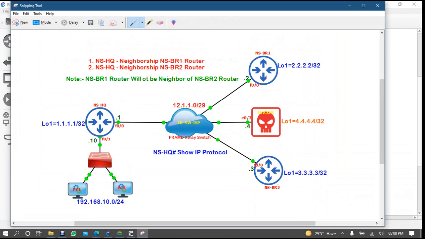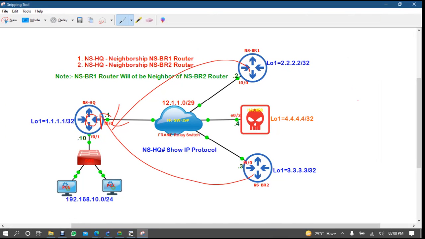Now understand it. This is your headquarter router, right? Headquarter router is receiving an update from branch 1 and an update from branch 2.